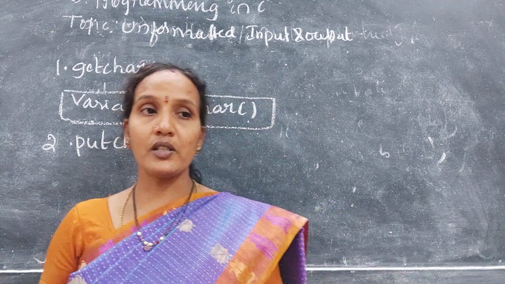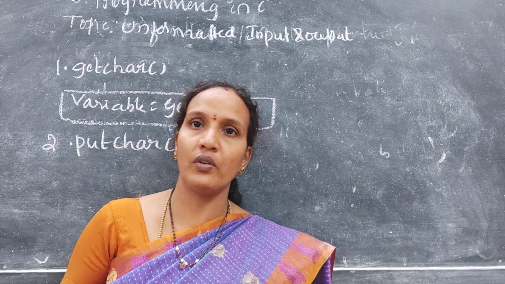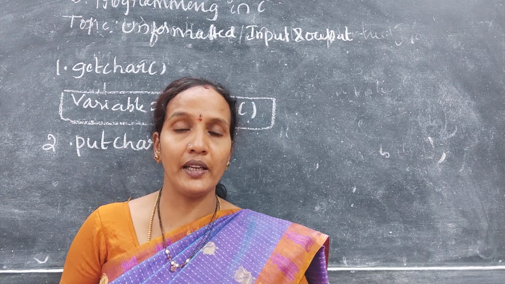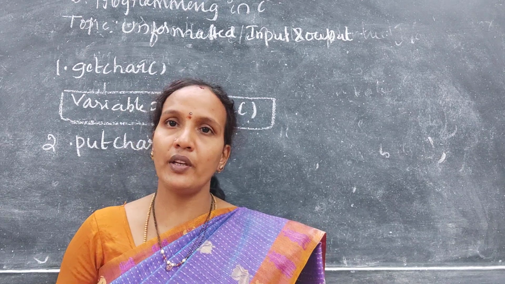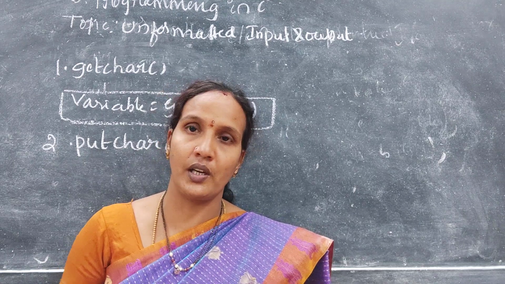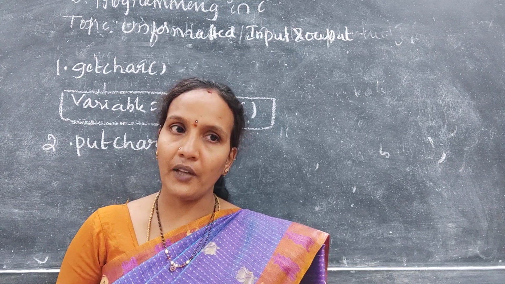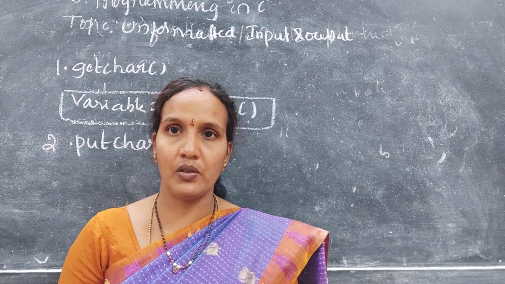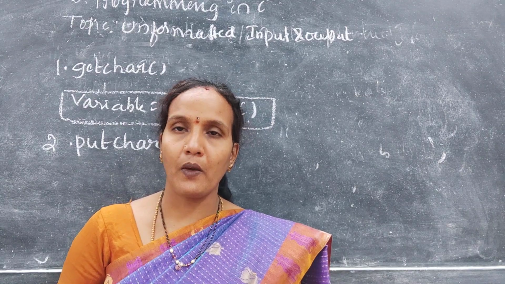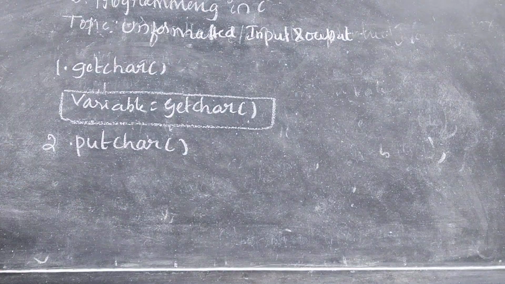In C programming, if it is an int or float, you directly give a value like 10, 20, 30, 40. But if you are taking any character from a user, how to take it? Using the getchar function. If you want to print any character on the output screen, then we use putchar. You have the printf function, which you can use with %c also, but this is unformatted. As it is, it will be printed. Here I'll explain with one example program.